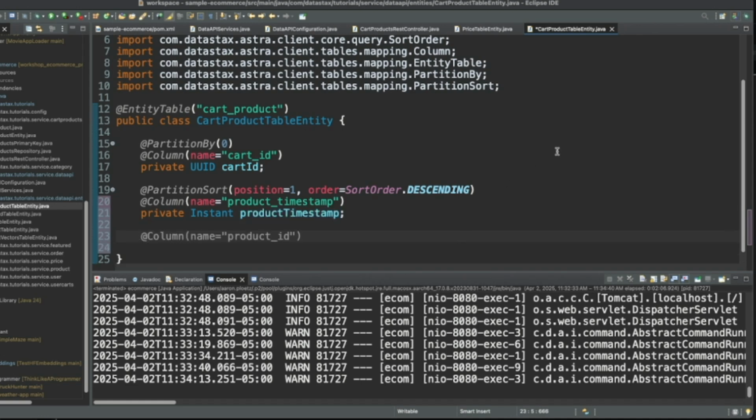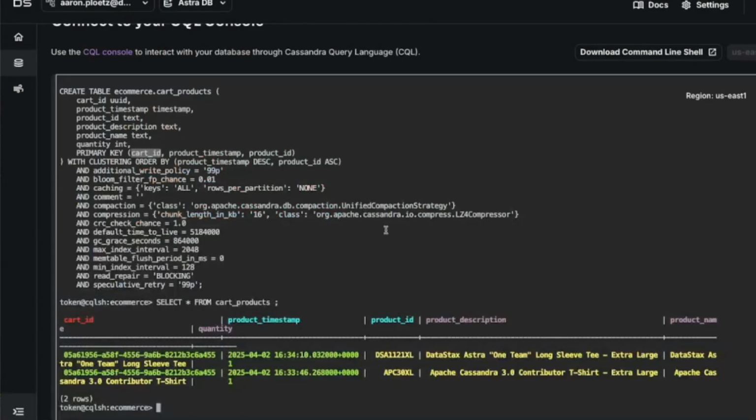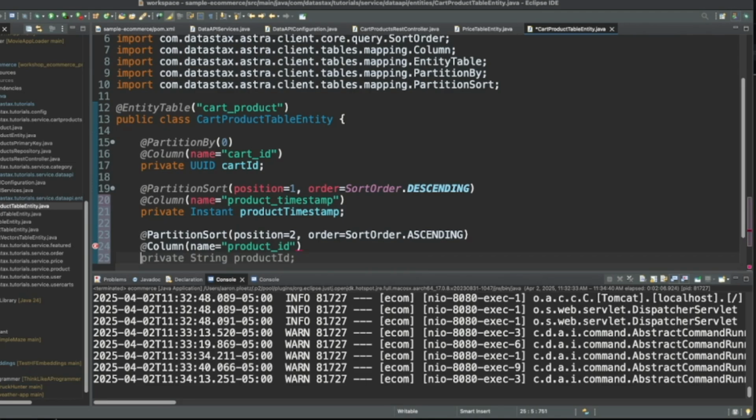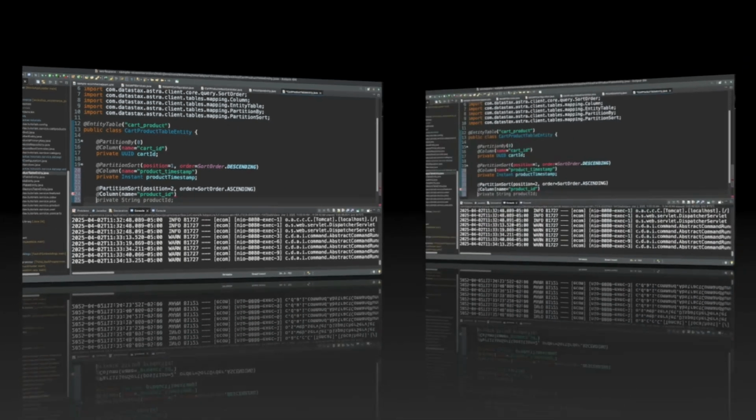Our next clustering key is product ID, and that is going to be sorted in ascending order. So let's also do partition sort, position 2, order ascending, and column product ID, and then private string product ID.